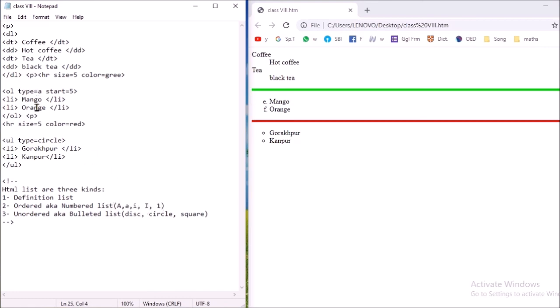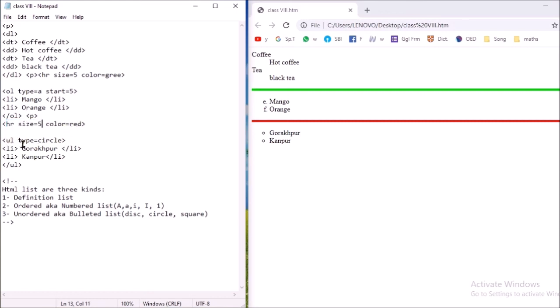So the list item tag is common in ordered list and in unordered list. The list item is common in either ordered or unordered. So again OL is being closed. Now P tag again, it will give you a new paragraph. HR again, I am changing a little bit here, size 5 and color red.